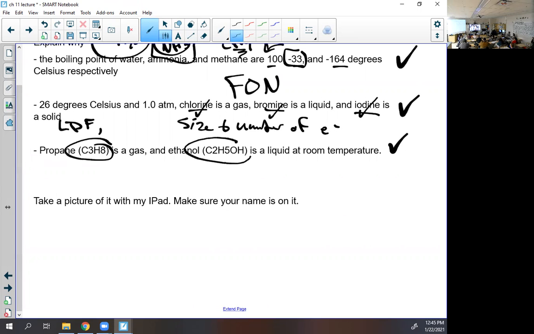Okay, here. Propane is a gas. Ethanol is a liquid. Propane, barbecue stuff. Ethanol, you see that in two places. That's the E85. That means that's the 15% of stuff they can put in cars. This is also drinking alcohol. No. It's a base. Yeah. This stuff technically is called denatured alcohol. So they've made it a little less dangerous by mixing it with other things when you actually ingest it. But if you were just to drink straight ethanol, you'd be in trouble, big trouble.